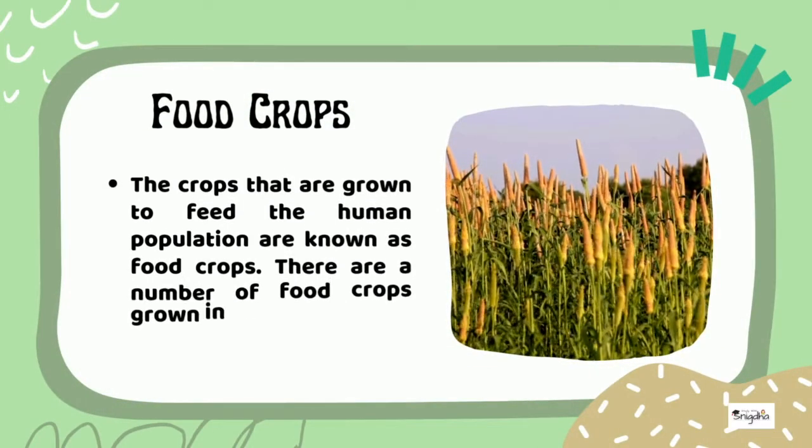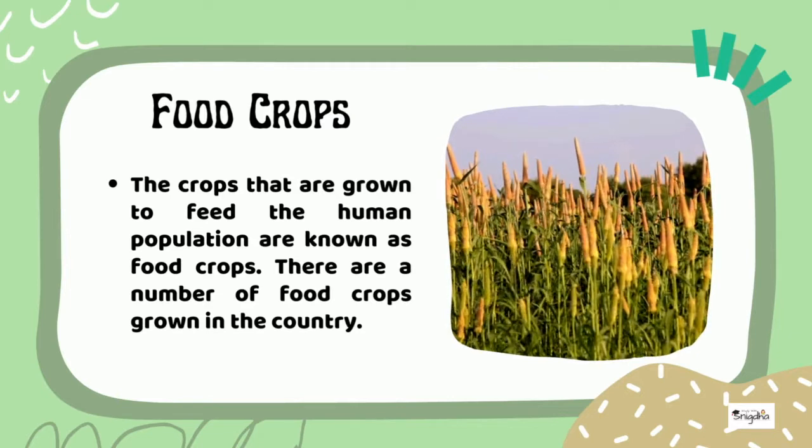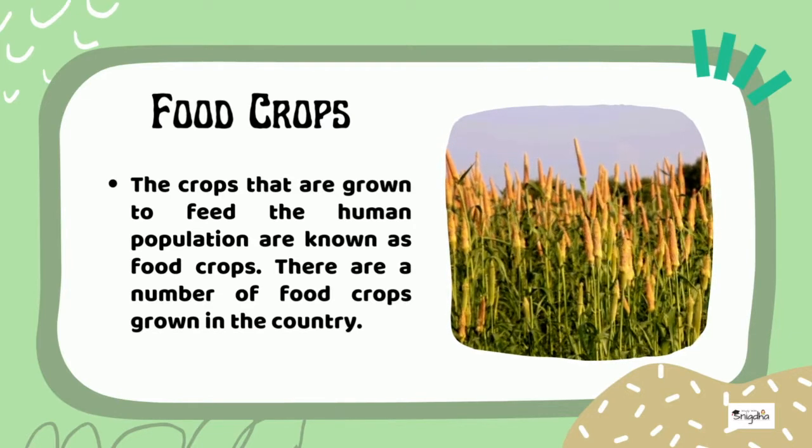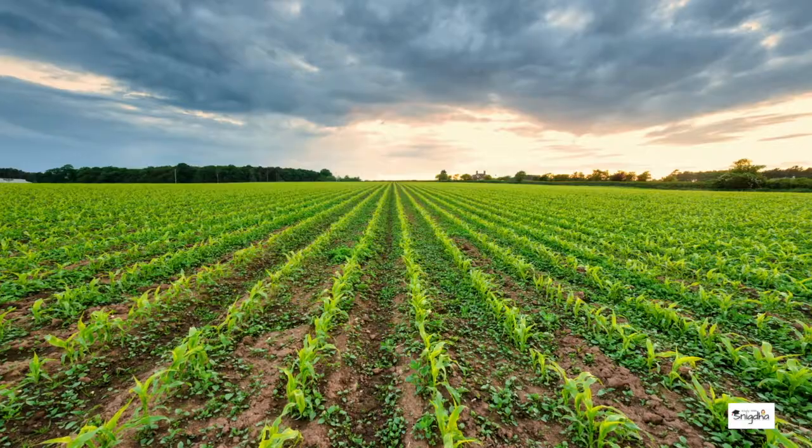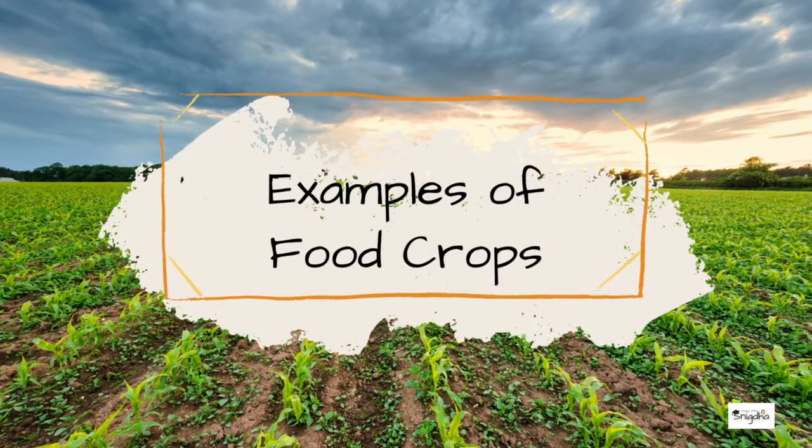Food crops. The crops that are grown to feed the human population are known as food crops. There are a number of food crops grown in the country. Some examples of food crops are